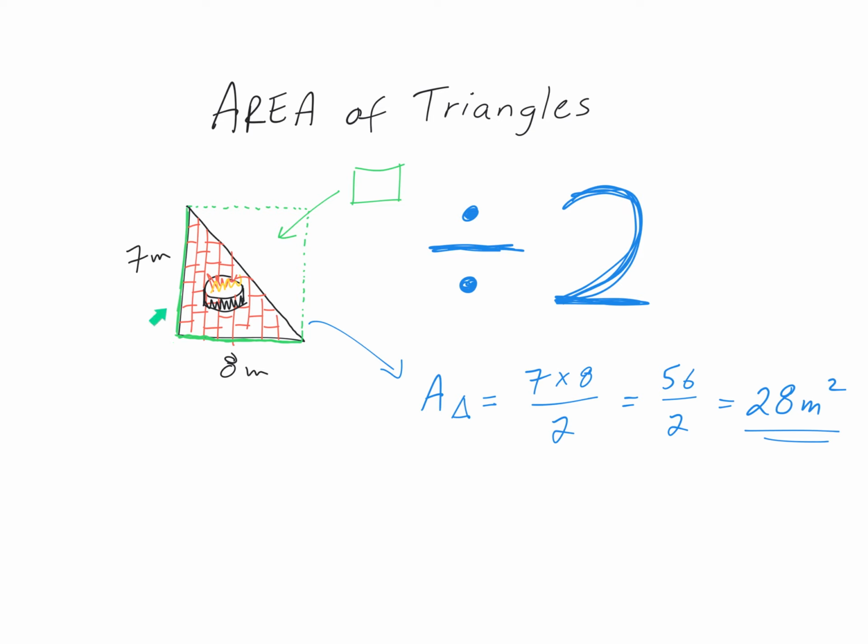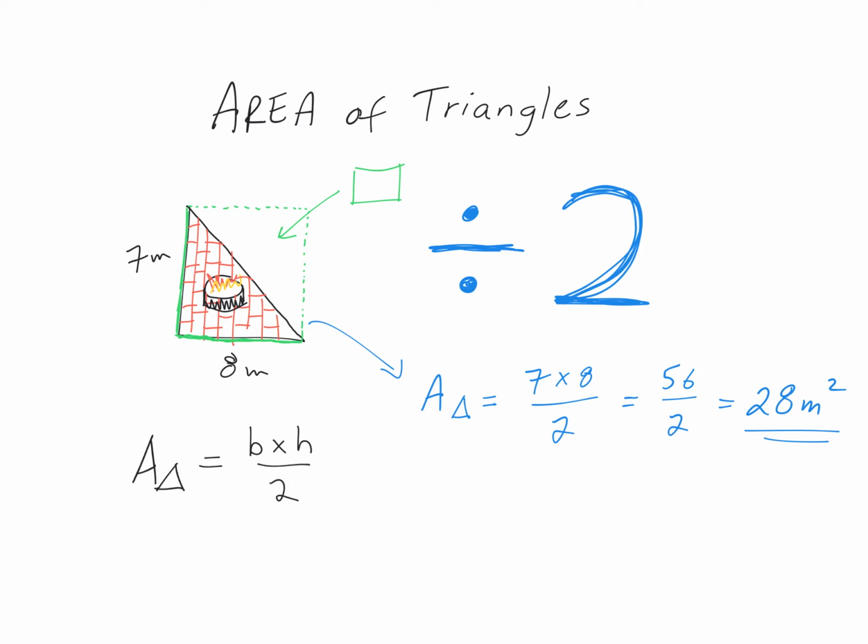You take the 7, take the 8, you pretend it's the area of a full rectangle, which would be 56 meters squared. But because we just have the triangle we're concerned with here, we can divide it by 2. And that's why the formula to find the area of a triangle is base times height